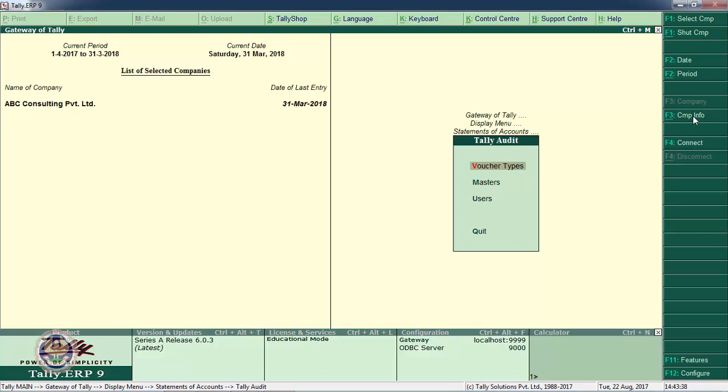What is an audit basically? Basically audit is verification of data. Here we are talking about audit of financial data, and financial data is stored in two parts. The one part is called as master data and the another part is called as transaction data. What is the master data? Basically, master data is that data which is not expected to change frequently. So, ledgers, groups, stock items, stock groups, godowns, cost centers, these are the part of master data.